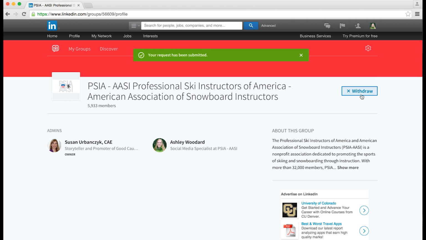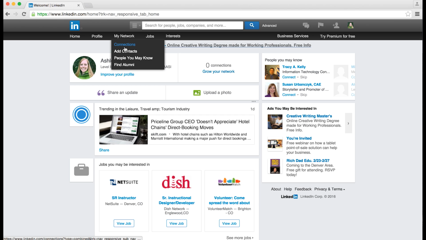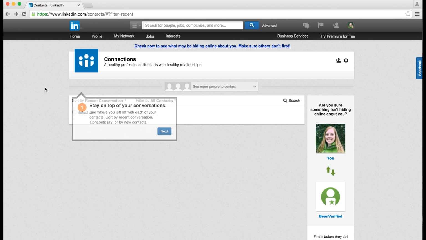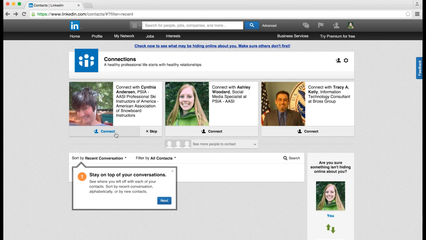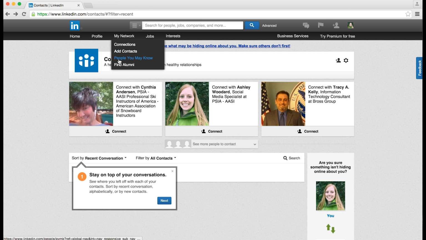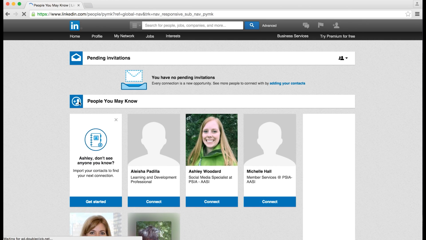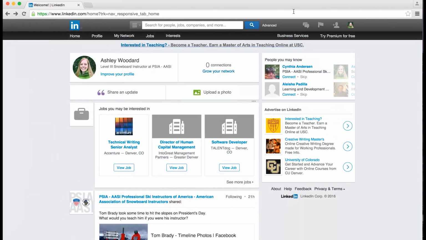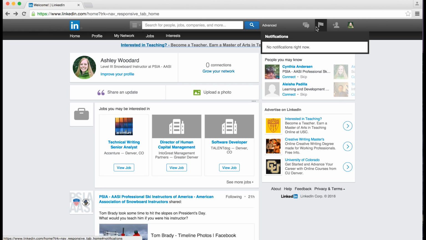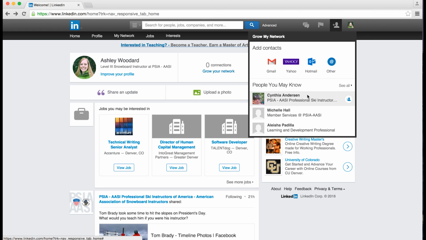discussions with fellow instructors. To build up your network, go to the Connections tab and start looking for people you may know. Start connecting with people from your mountain or people that you may have met within the association at different events. Make sure you're checking in on your profile, answering messages, making new connections, and taking part in discussions